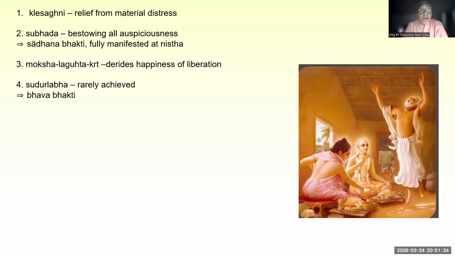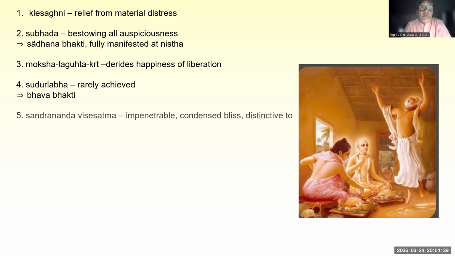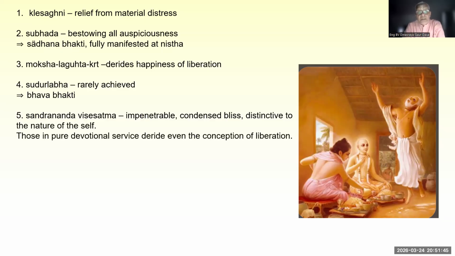So these two parts, moksha-laghutakrit and sudurlabha, manifest when one is in bhava bhakti. Then sandrananda-vishesatma, and the last one is Krishna-akarshini. These two features develop in pure characteristics when one is in a prema bhava state. So we'll discuss one by one